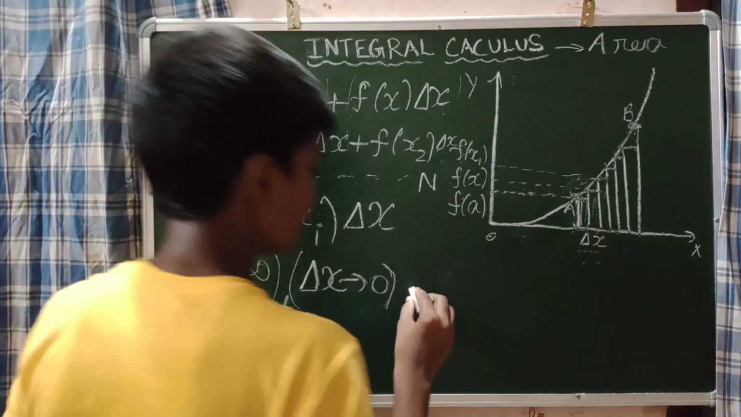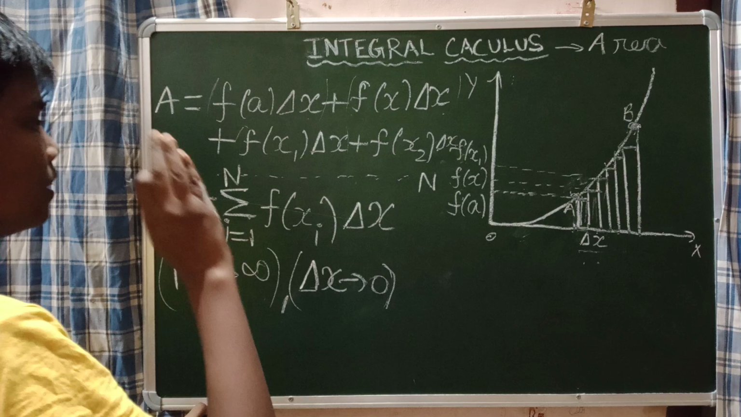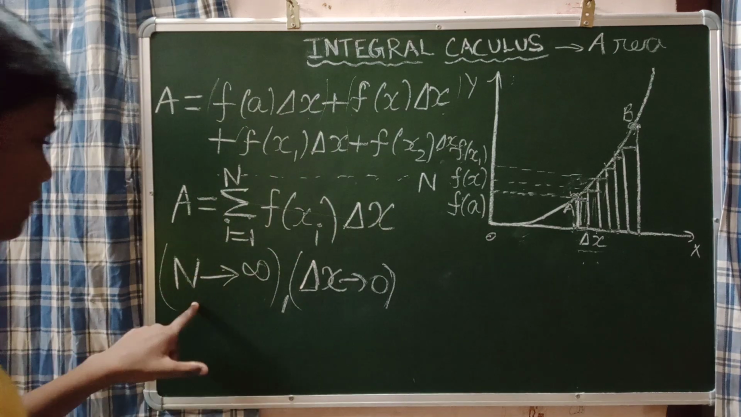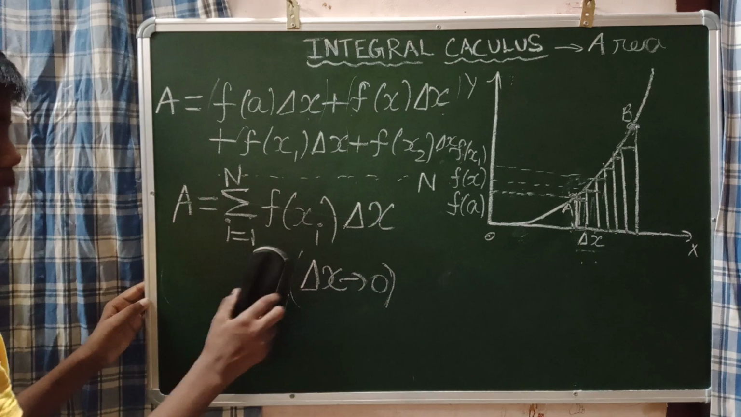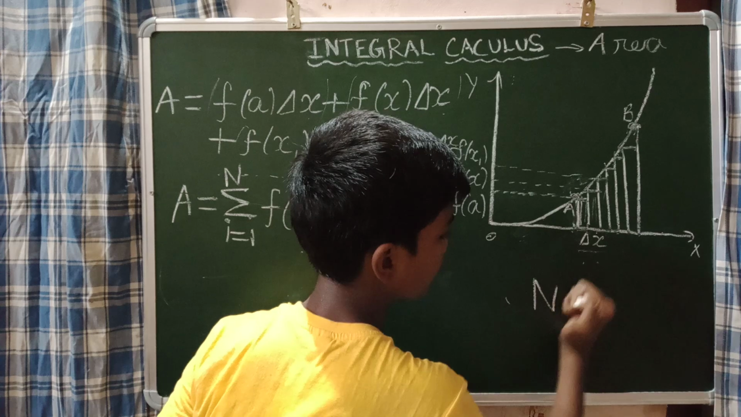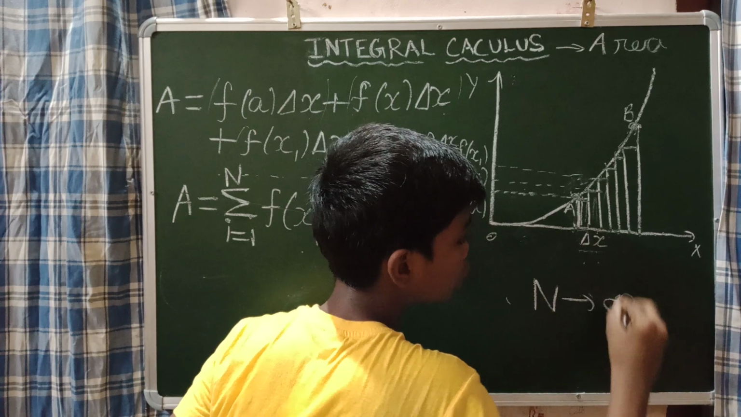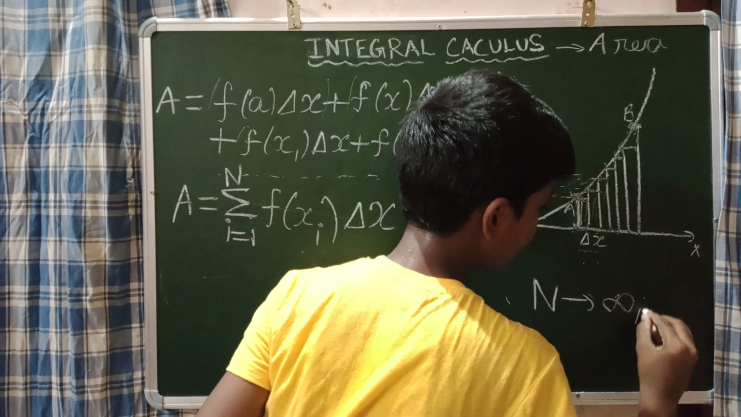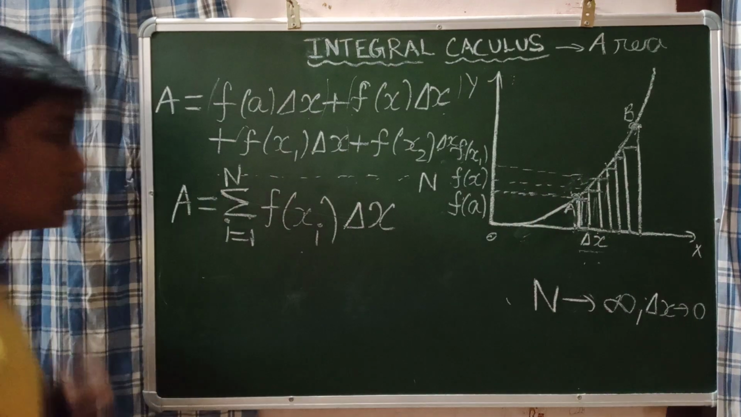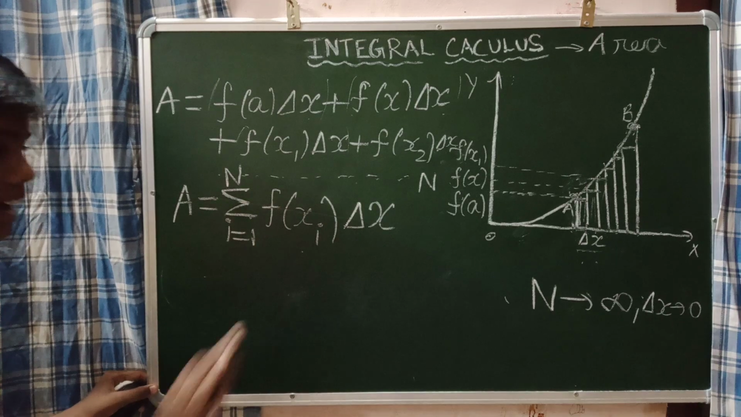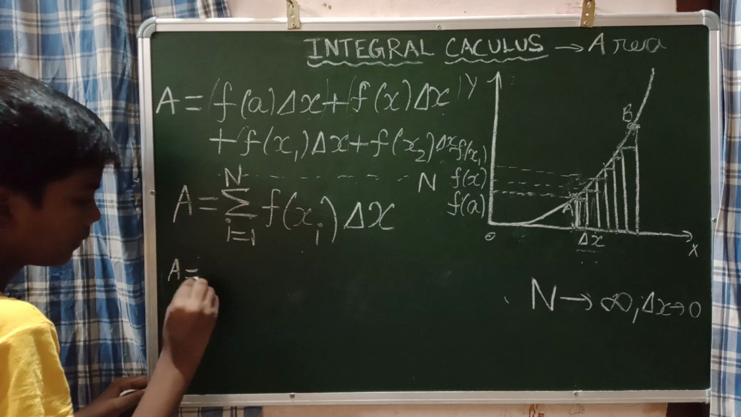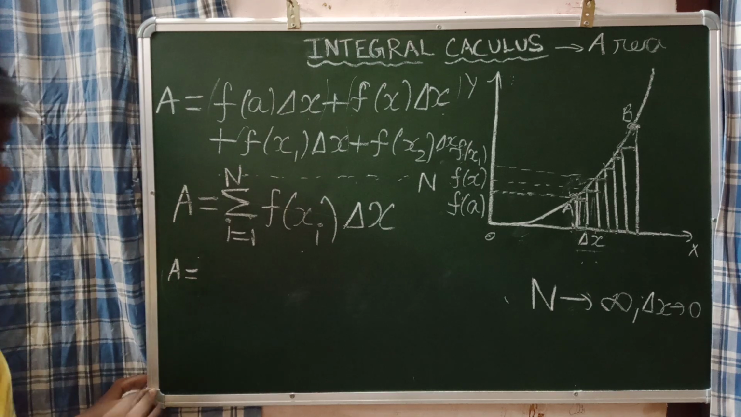That is, when the limit of, I will write this on this side, okay. When n tends to infinity, surely this delta x, that means the breadth, will also tend to 0. A very important thing. So what we can say is area is equal to, I think, limit of